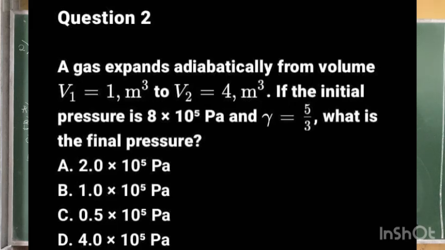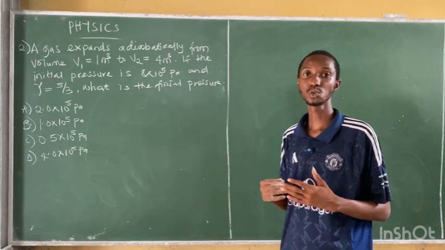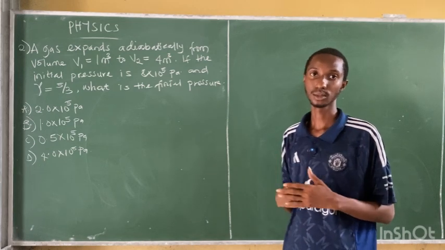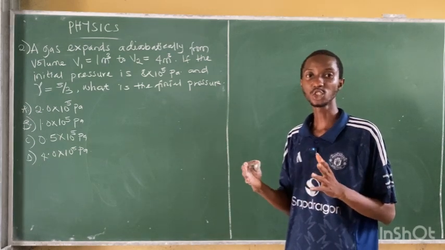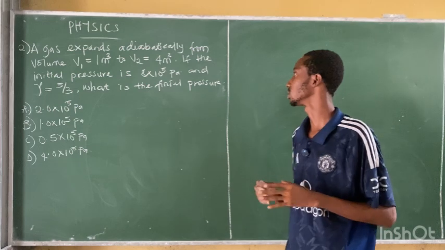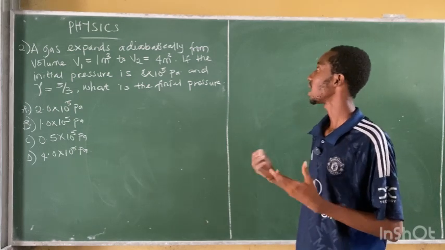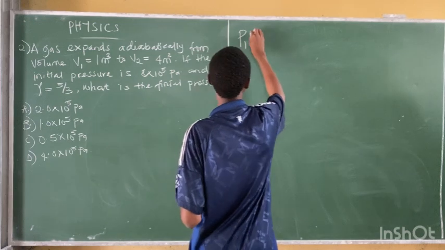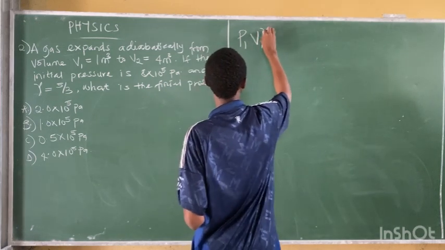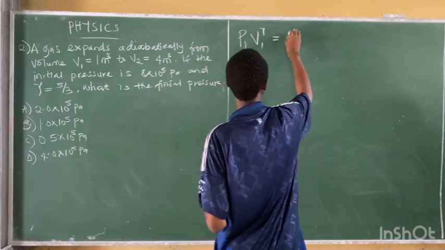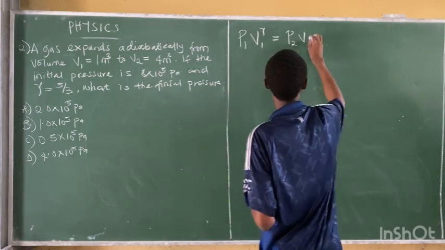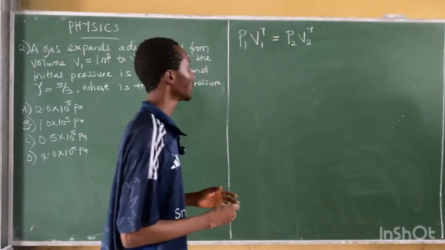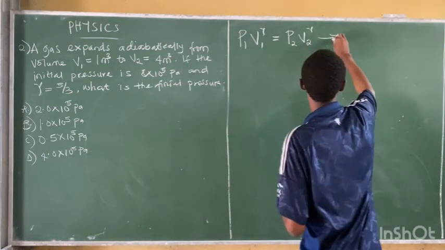Adiabatic means a thermodynamic process where there is no heat exchange with the surrounding. There is no heat exchange between the system and the surrounding. From the adiabatic equation, we have that P1 V1 gamma is equal to P2 V2 gamma. Right? This equation is called an